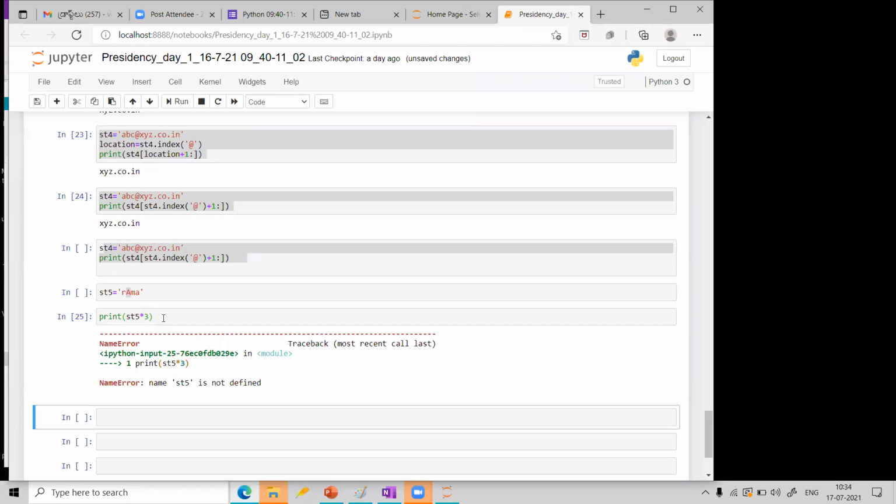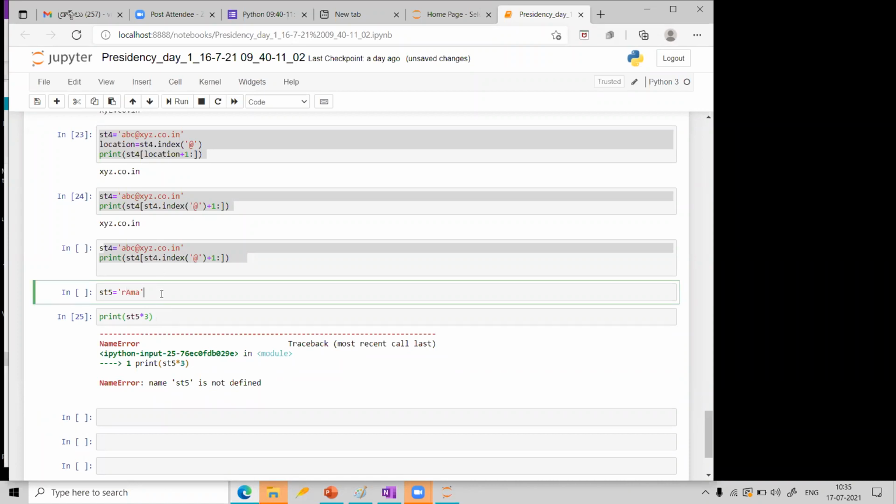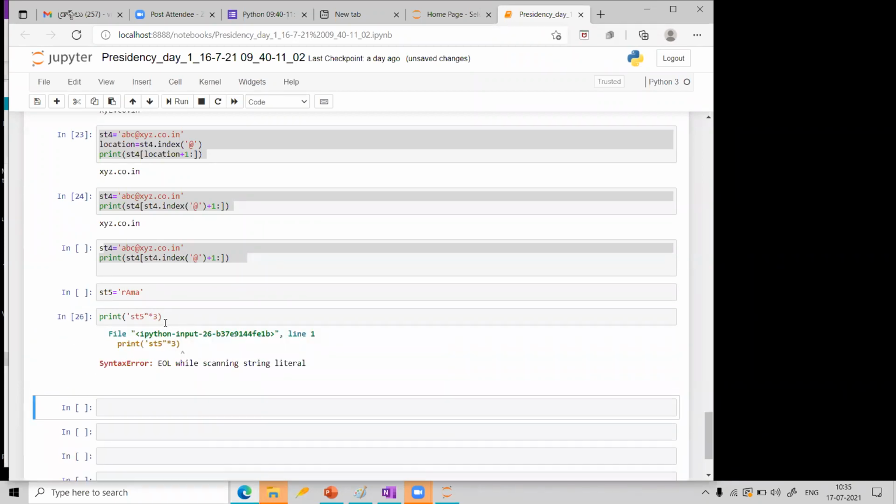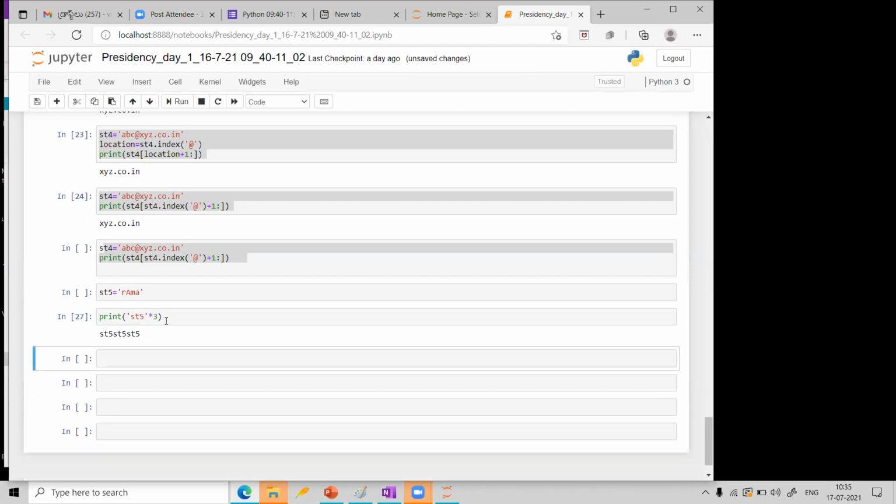Just a minute, let me check what is the error. st5 is undefined. Now can you tell why this is not coming? Let us run once more. It is telling st5 not defined. Why that is happening, let us check. Okay, it is giving error. Sorry, this quotation also is wrong. See, quotation left side and right side. Left side we are putting 1, right side we are putting 2. So we should be careful about small things, whatever we think as small also is something important. Let us see now. Yeah, now it came correct.